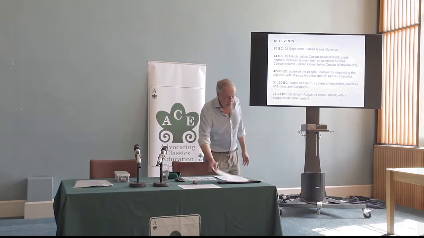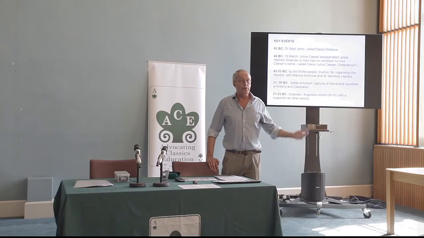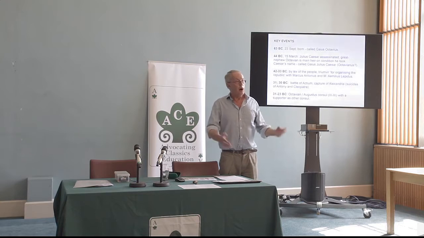Okay. In 42 to 33 BC, for 10 years, 2 periods of 5 years, he is elected by the people, a special law that he, Mark Antony, and a guy called Lepidus are voted powers as 3 men, triumvirs, we then say, that just means 3 men, to organise the Republic. And basically that's a dictatorship of three men. And if you were going to argue about it, you'd say, this is okay because it's voted by the people. It's just a special command, okay? It's for a fixed term, and then it will stop, except it doesn't stop, it's renewed.